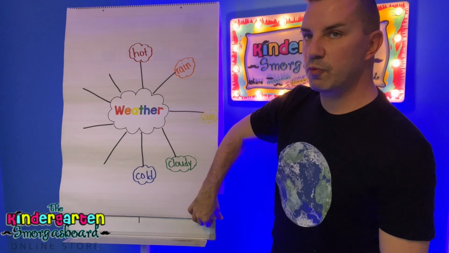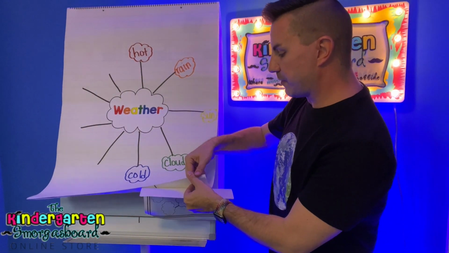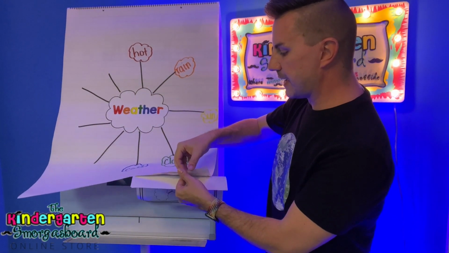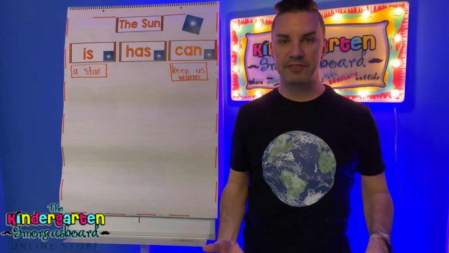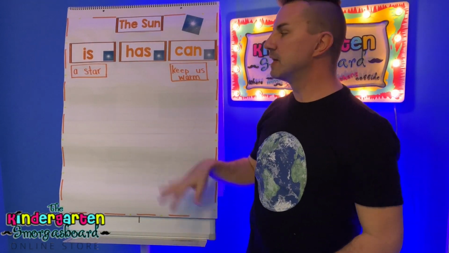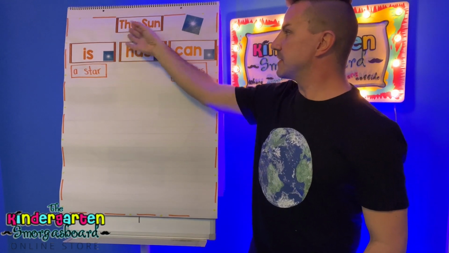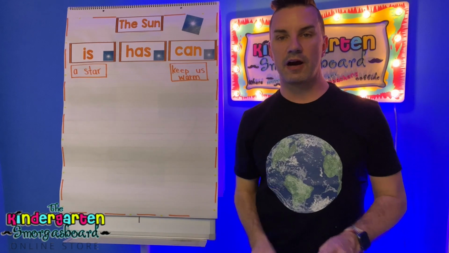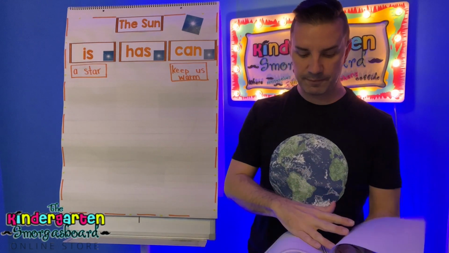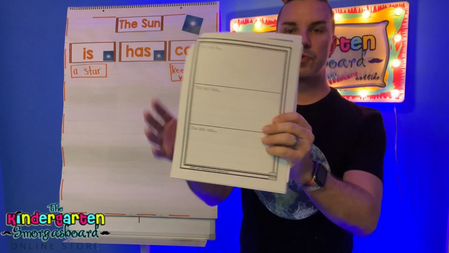For each type of weather, we do a graphic organizer using a read aloud and or a video. So as we're reading about the sun, we're recording our learning. Then we read the learning. The sun is a star. So we're building that language, we're recording all of our learning and information,